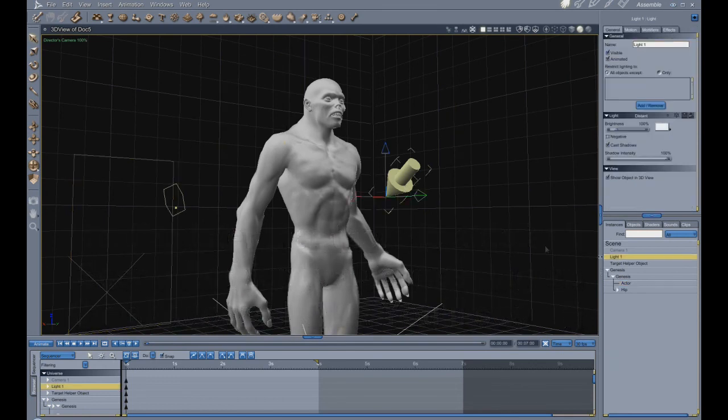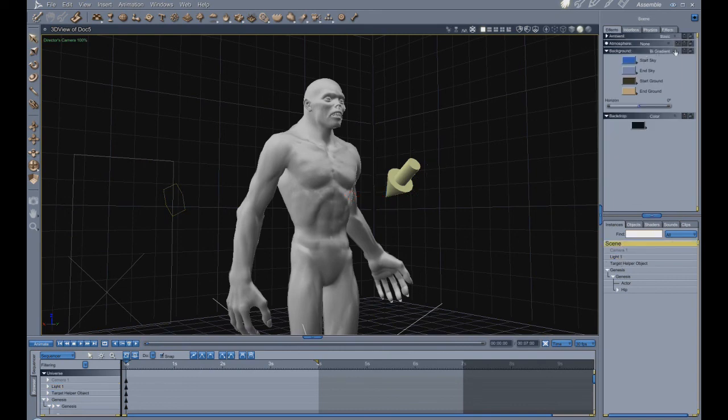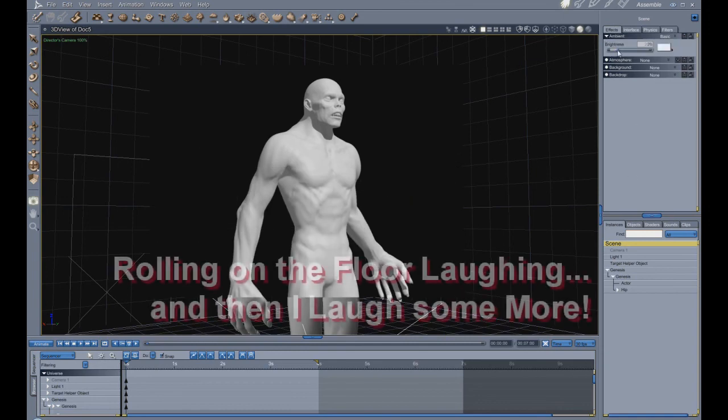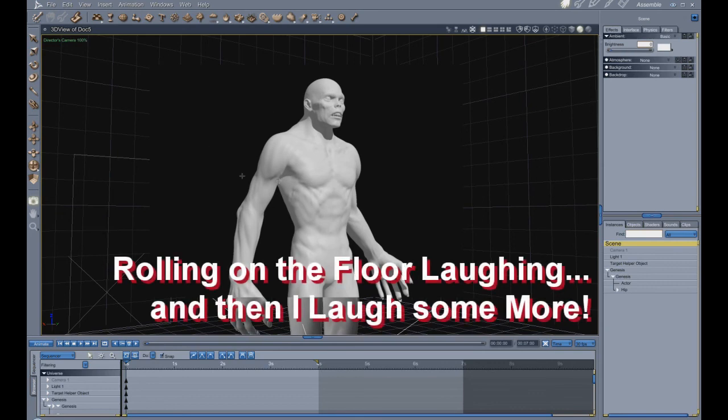So, what we are doing, let's get rid of the bigradient. Get rid of the backdrop. And look at what's happening. Oh, do I have an ambient on? I do. Oh, that's got to go. That's why the shadows are so